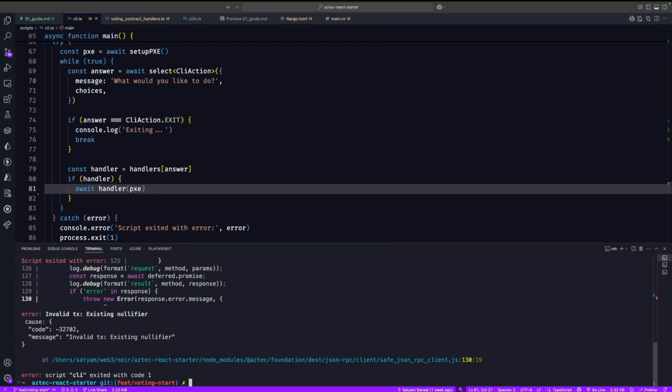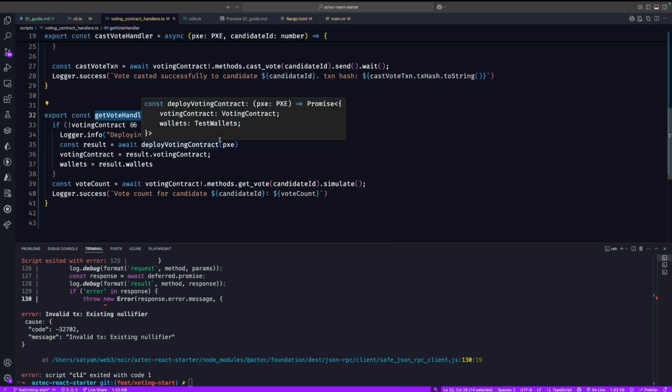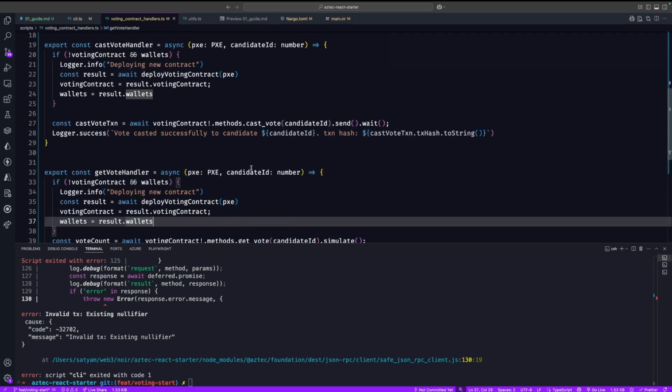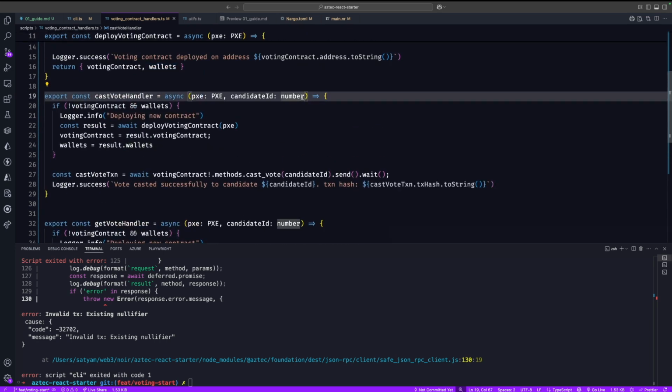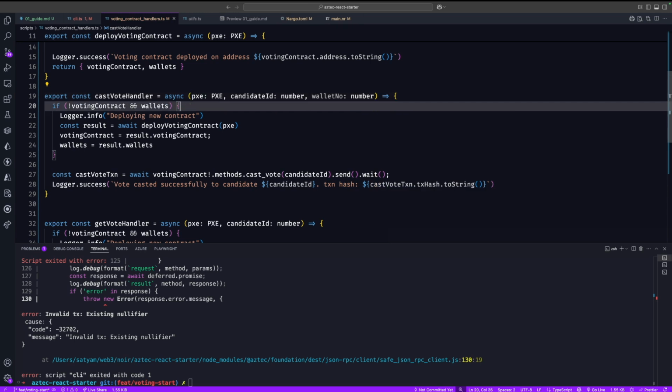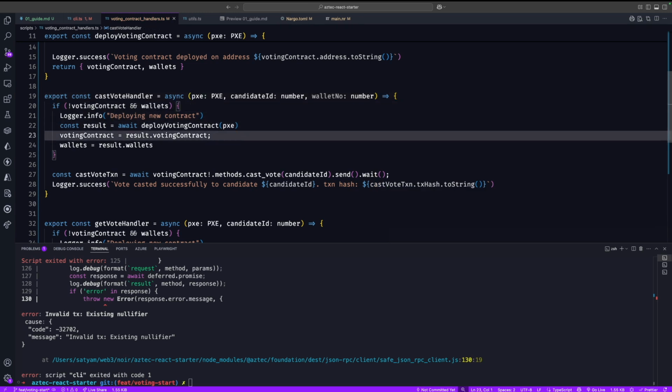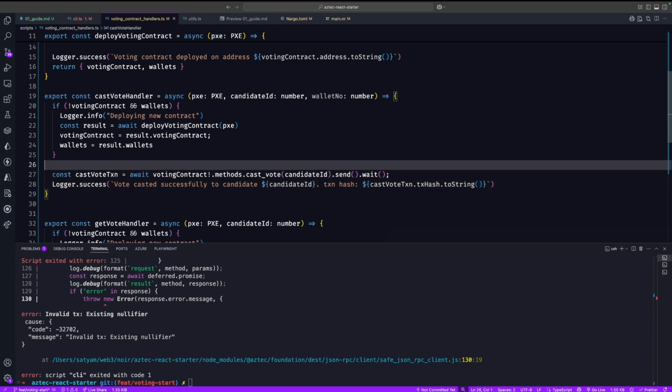Again, okay, so this is what we talked about. So if you have already casted vote, we will not be able to cast vote with the same wallet. So if we are casting vote again, we'll have to cast with a different wallet, right? So this also we might need to fix. Let's do one thing. Here we'll say wallet number,